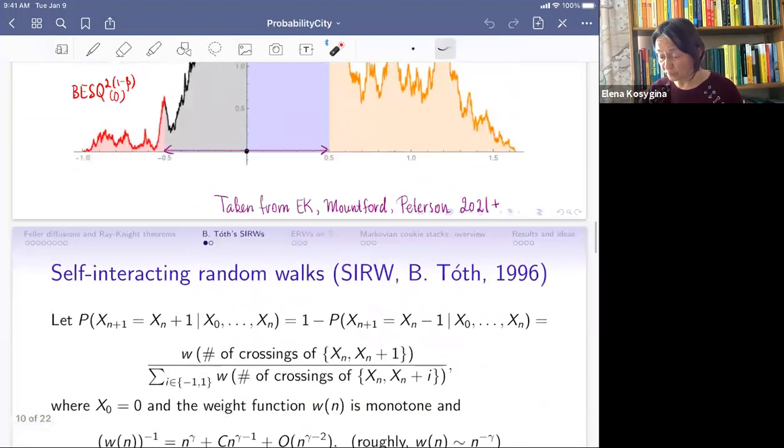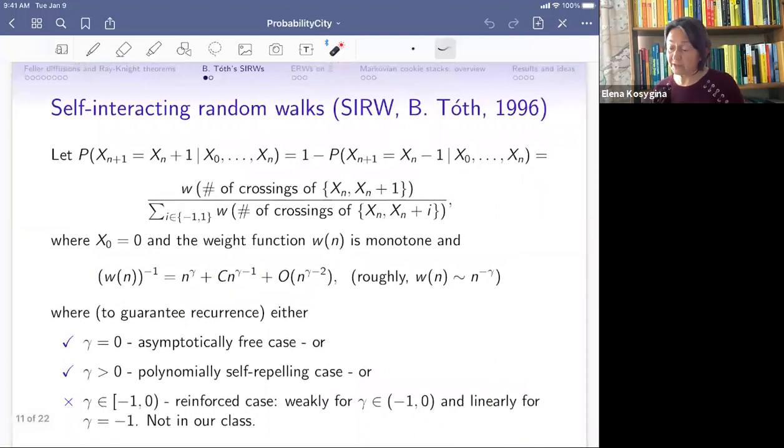Now, where such things come into play: essentially at the same time as Davis's work, within a year, Balint will correct me, within probably a year or so, there is a much more general model for which I'm using terminology introduced by Balint Toth. There are generalized Ray-Knight theorems. So what are generalized Ray-Knight theorems? They are diffusion analogs of Feller diffusions for more complicated self-interacting random walks. So here is one model that was considered by Balint Toth in 1996. So it's a nearest neighbor random walk, and it's defined by a certain weight function, which roughly speaking behaves polynomially in this way. So when gamma is 0,